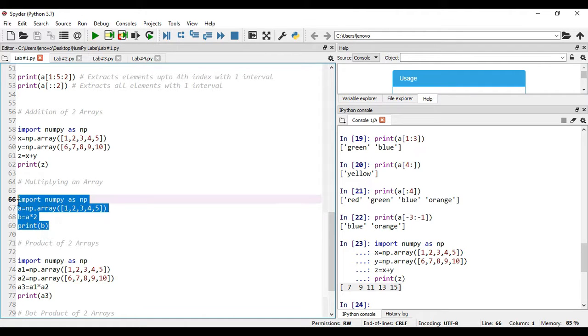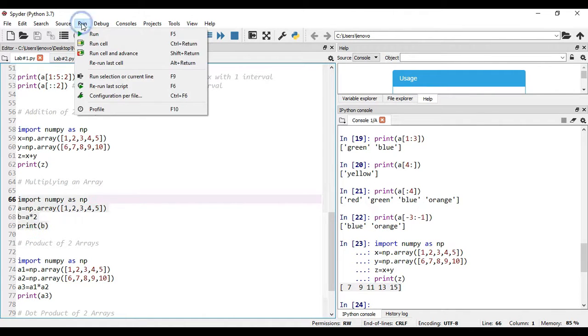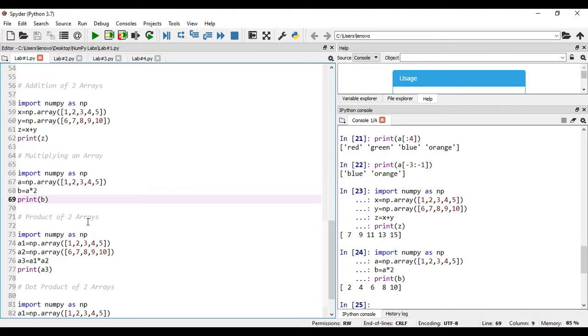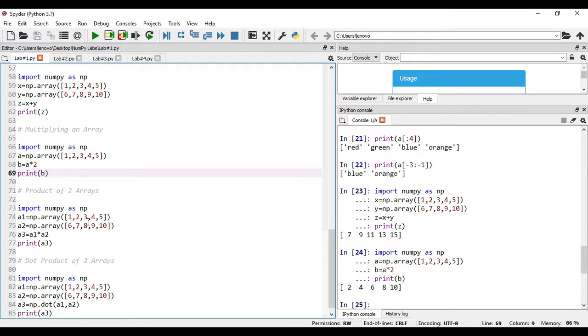To see the results, select the statements and run them. See, the output we got is 2, 4, 6, 8 and 10. This is the way how you can perform the multiplication with a number and all the elements of an array. It's a one-dimensional array, right?